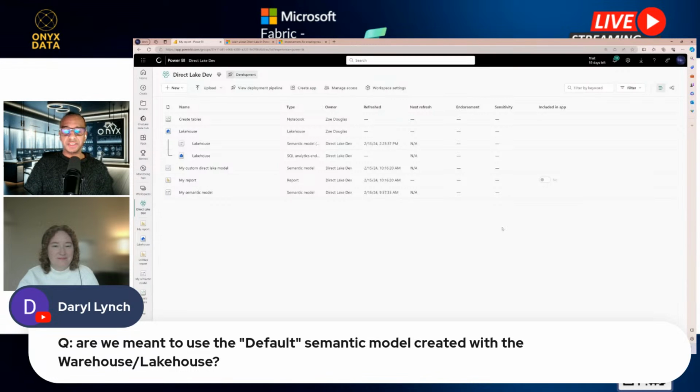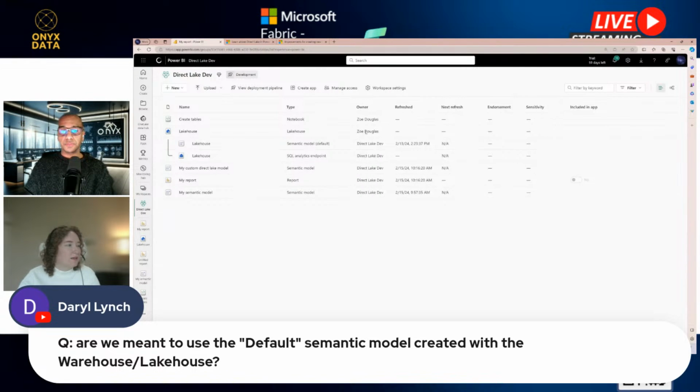Are we meant to use the default semantic model created within the warehouse or lakehouse? Yeah, so that one is a bit limited on functionality. I usually don't demo that one. The custom one really has the latest on the web modeling experience and stuff like that. But the default is convenient and nice, but it's really made for when you've added some data to your lakehouse and now you want to immediately see it in a report. We created that automatically for you. But unfortunately, where it is inside of the SQL endpoint is limited on your semantic model functionality. So to be able to use the XMLA endpoint and add all those really cool things like calculation groups, see the model explorer, see all those things,